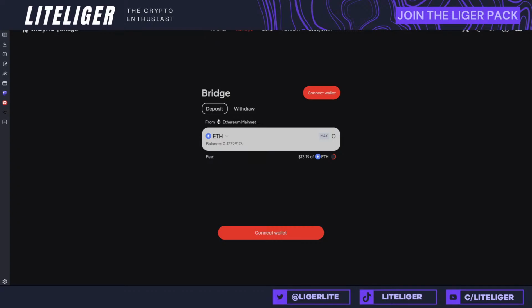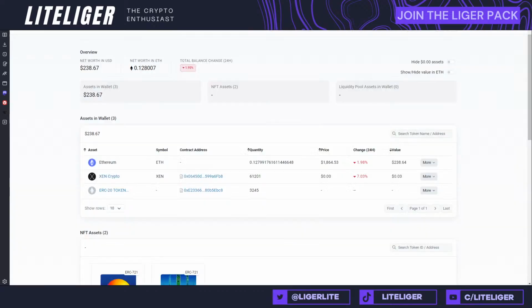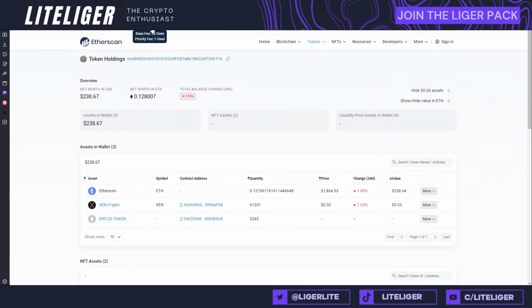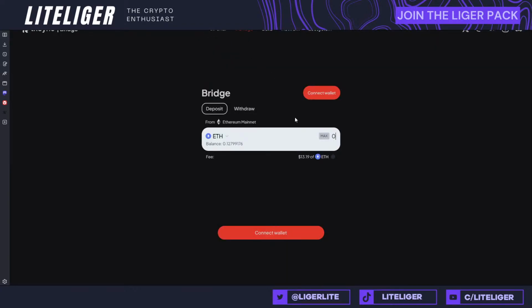So this is our bridge here. This bridge only allows transfers from the mainnet into zkSync Era. There's going to be a fee, which is attached to the current gas price. The current gas is, oh damn it, it's not showing on the stream, but it's currently 39 Gwei. Yesterday when I was doing it, it was 45, so it's a bit lower. You can wait until the Gwei is lower and do the transaction when it's cheaper. Roughly $13 is going to be the cost now, and we'll see how much it actually is.